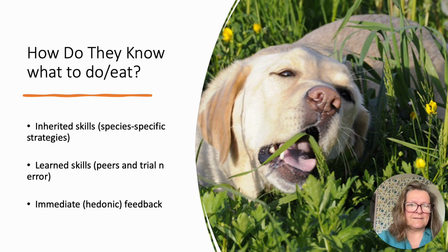So, how do they know what to eat when they're sick? This is always a question that comes up. And as I say, there's an assumption that there's this kind of innate animal wisdom, and although it looks like that, it's much more about inherited strategies and hedonic feedback, which happens during the lifetime. So there are some inherited skills,